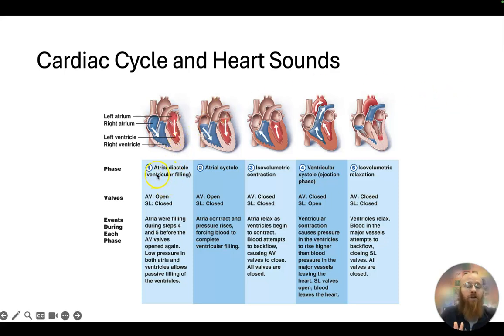First one, obviously, understanding the name of the phase, what's happening. Okay, so what are the major events that are happening during this phase? What is happening with our valves, both the AV, so those atrioventricular, the bicuspid, tricuspids, and our semilunar valves? What are they in the act of doing? And that can kind of help us understand how we're keeping blood flowing at the time in a single direction